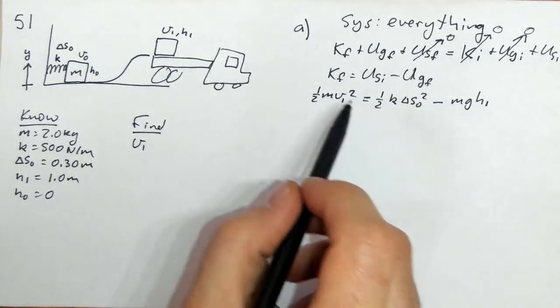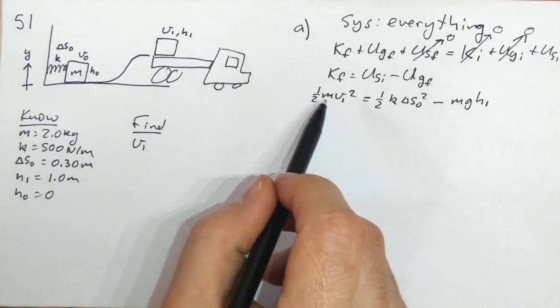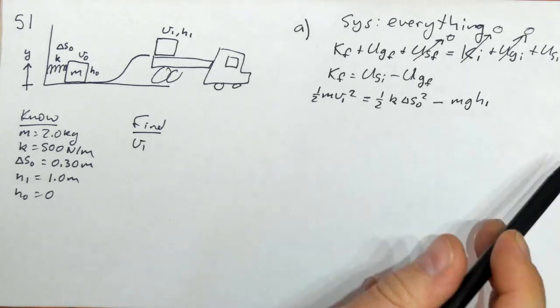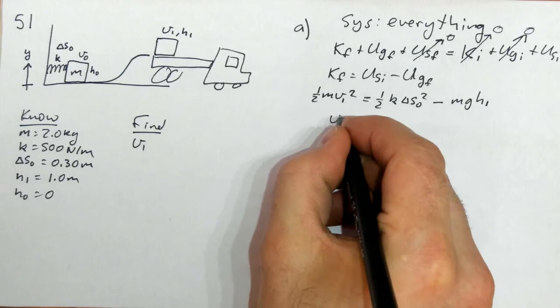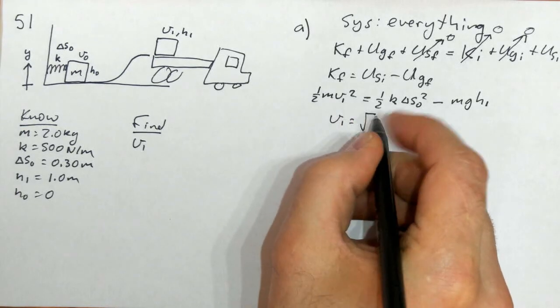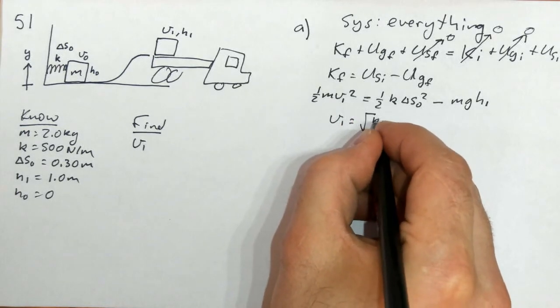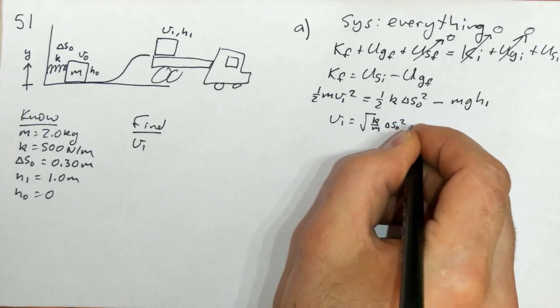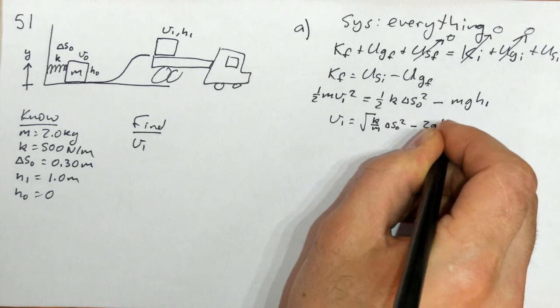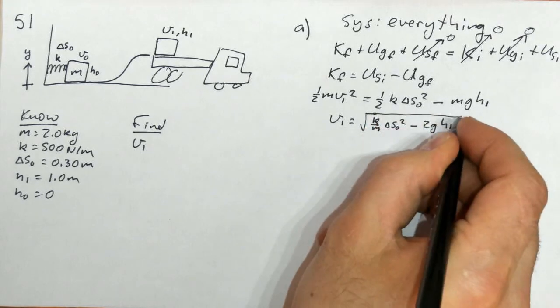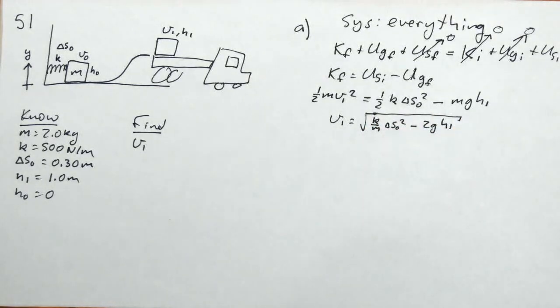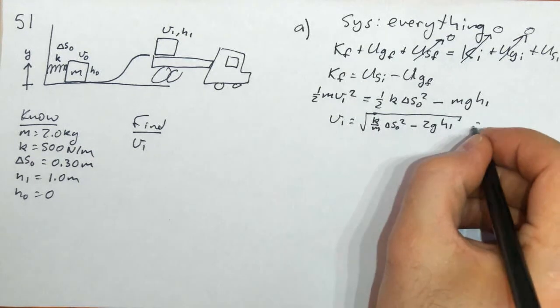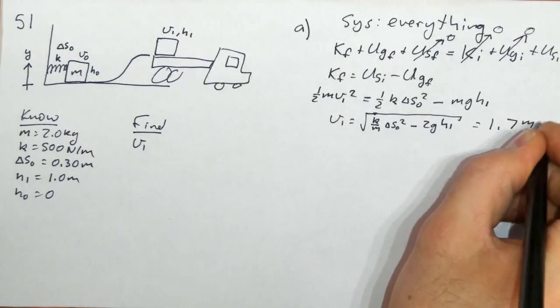Now we can solve for this v1. Multiply everything by 2, divide by m, and take the square root. We get v1 equals the square root of k over m delta S0 squared, minus 2 g h1. And if you plug in all your numbers, you'll end up with 1.7 meters per second,